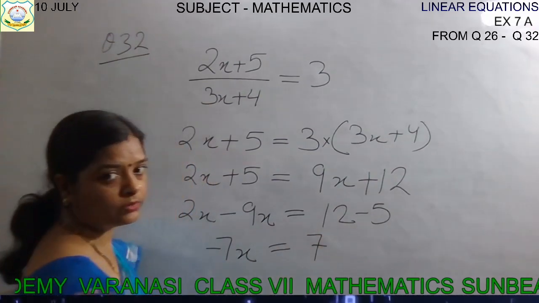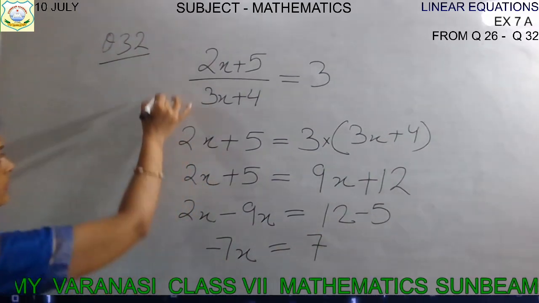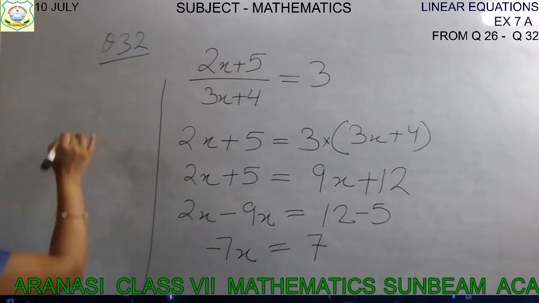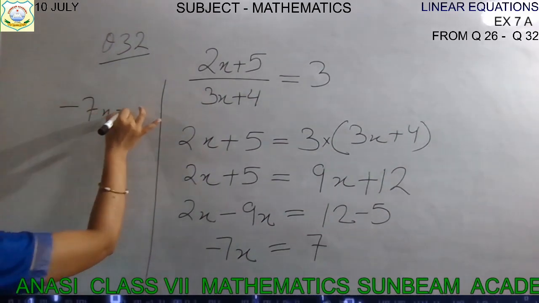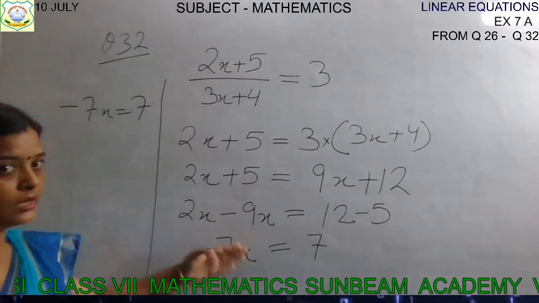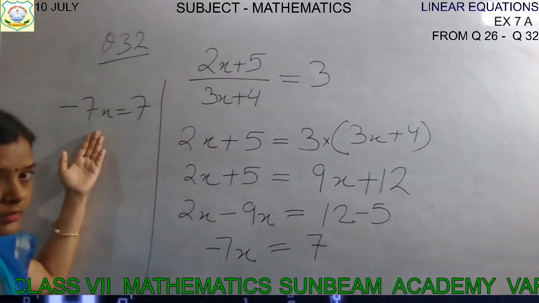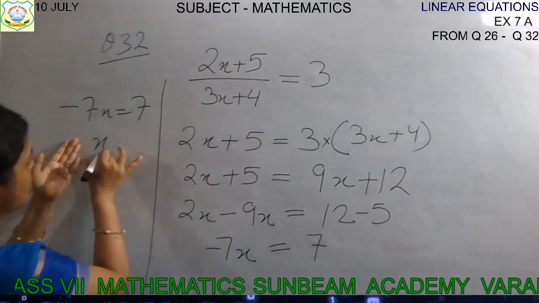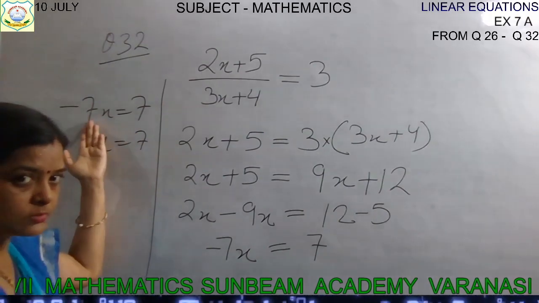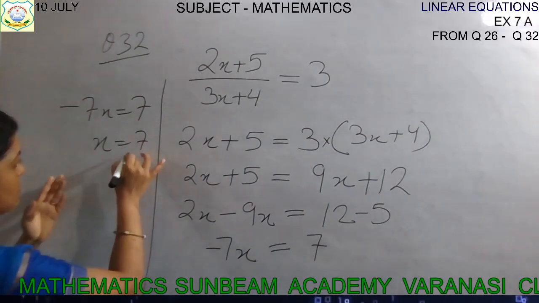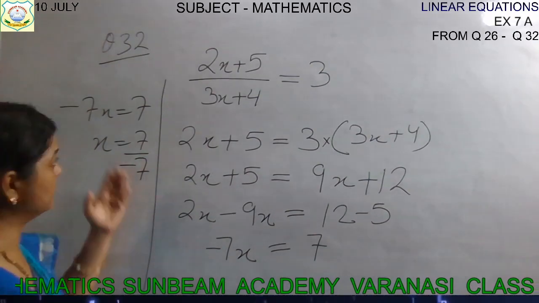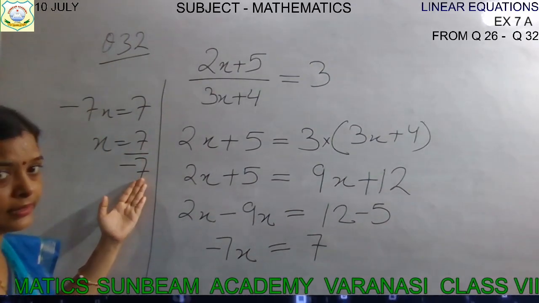Okay. Now the next step, I am writing here, children. Minus 7x is equal to 7. This is the last step which we have written here. Now x will be on this side only and we will transpose minus 7 to RHS. We will transpose minus 7 to RHS. So now it is transposed to the denominator. It is here and it is in multiplication. It will be divided here.